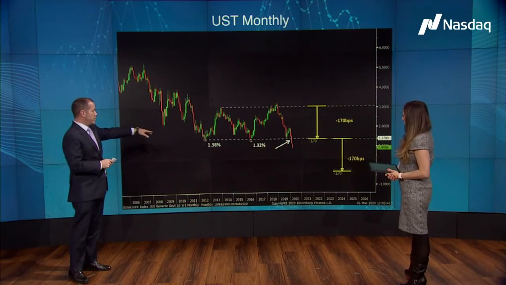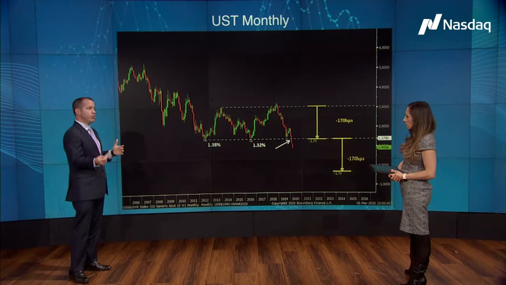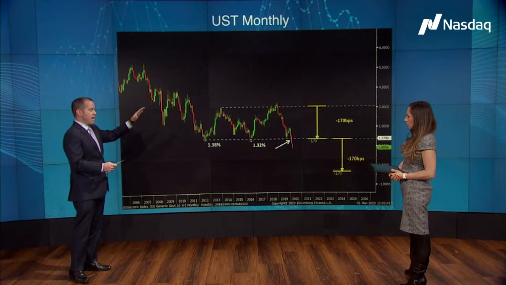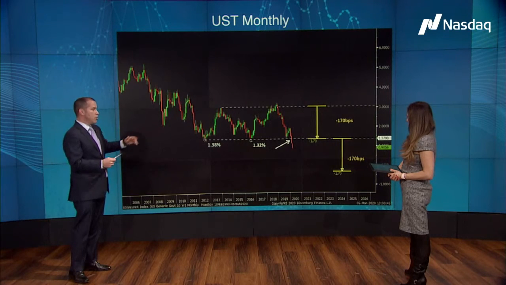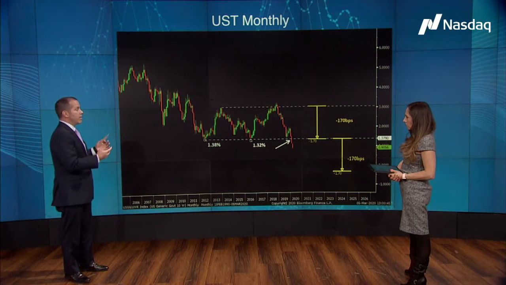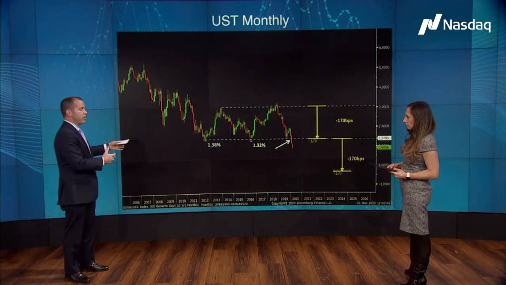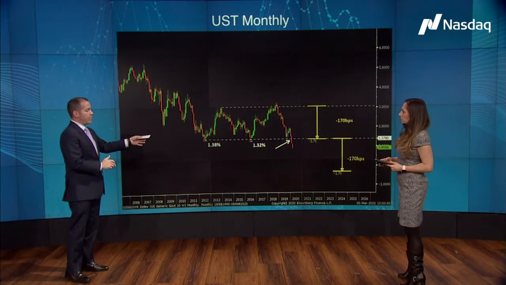Now the range of the last couple of years is 170 basis points. We bottomed, let's say 135, and we peaked up at roughly 305. So what technicians do to try to project where this yield is going is they take that range and then subtract it from the support, which in this case would take it to roughly minus 30 basis points. So that's not my prediction, it's not my forecast, but a traditional technical analyst would look at this type of chart no matter what it is, a bond yield, a stock, a commodity, and they would have a price projection of roughly minus 30 basis points, which hopefully we do not see that, because if negative yields take place here in the United States, that certainly didn't bode well for the banking systems in Japan and the banking systems in Europe over the last 10 years.